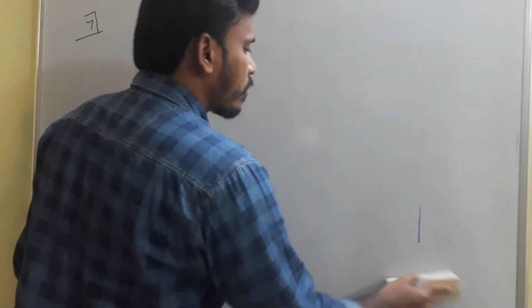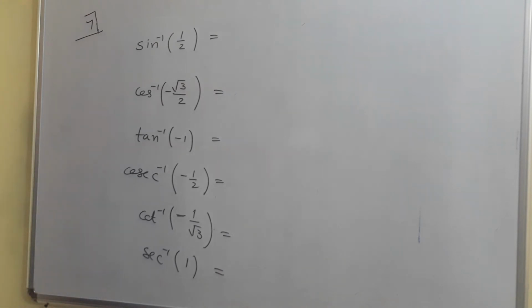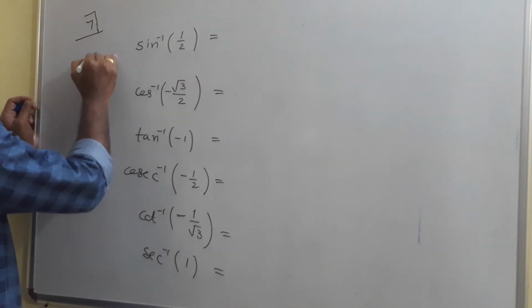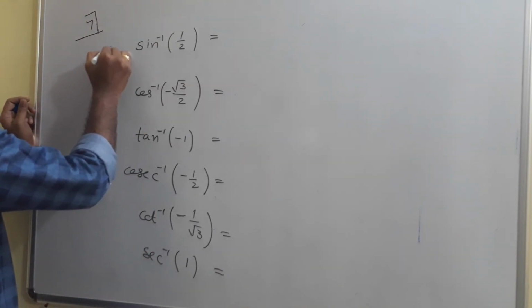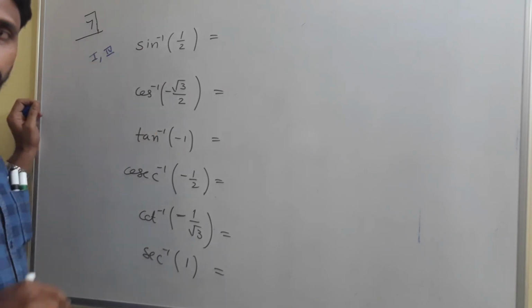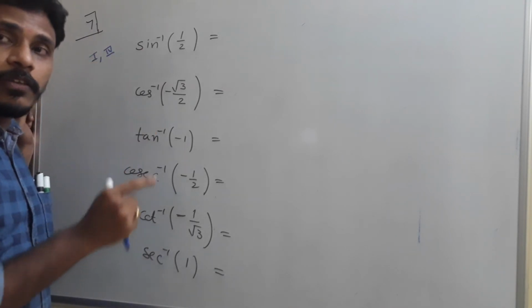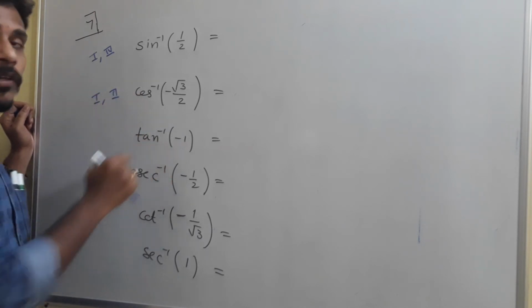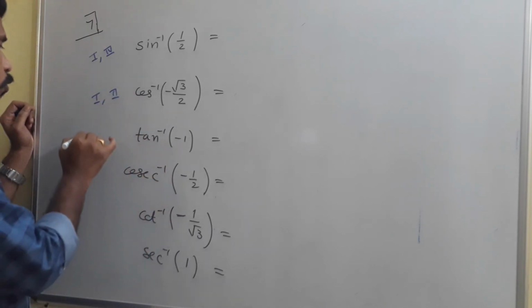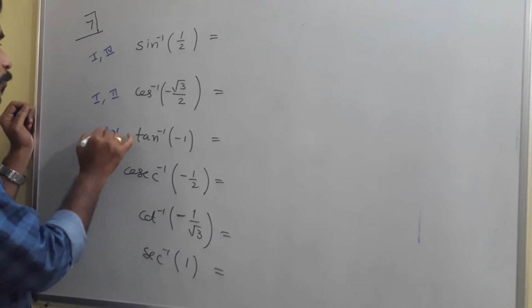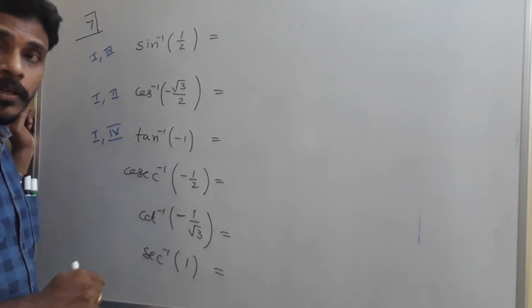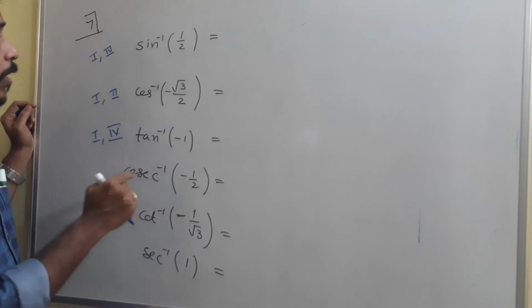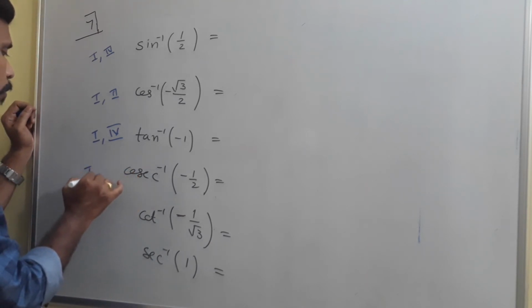The range for sine inverse x is from minus pi by 2 to pi by 2, which indicates that the range is in the first and fourth quadrants. For cos inverse, the range is in the first and second quadrants, 0 to pi. Whereas for tan inverse, the range is again the first and fourth quadrants, minus pi by 2 to pi by 2. And for cosecant inverse, the range is again the first and fourth quadrants, minus pi by 2 to pi by